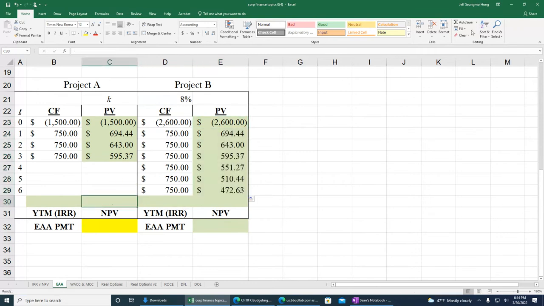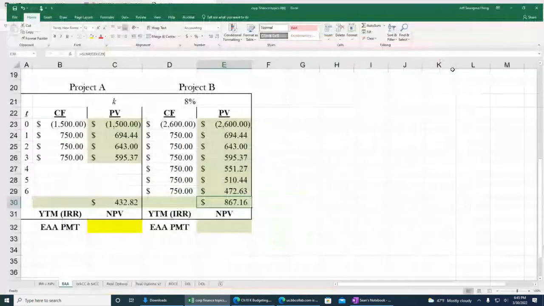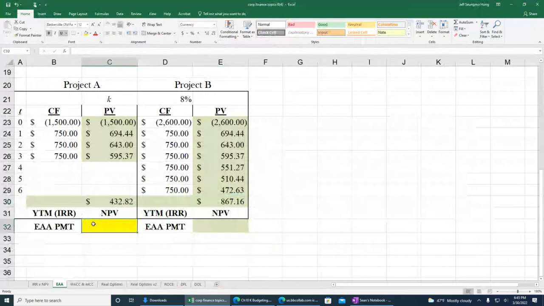And let's first find the net present value. Auto sum. Yeah, that's net present value. We auto sum this. That's net present value, right? And we're going to find internal rate of return later, but let's first see what is the,